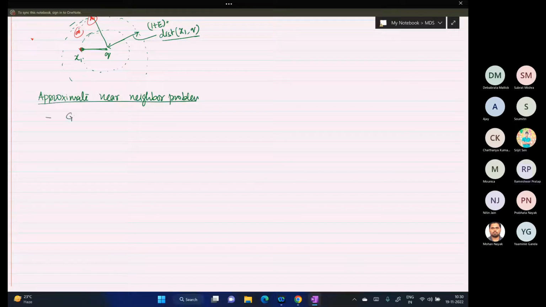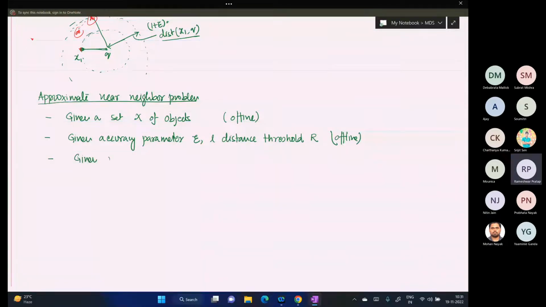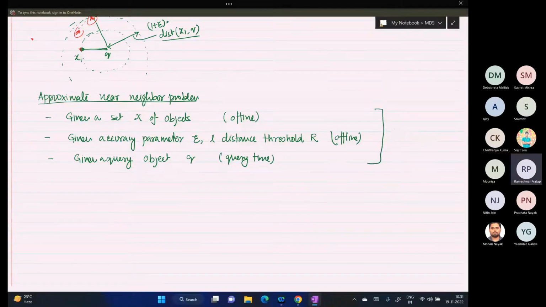Okay, again here we are given a set X of objects, given an accuracy parameter epsilon, and we are given one more parameter, which is the distance threshold R. So these two things are given to us offline, and we are given a query object Q at the query time. Right? And these are our input,